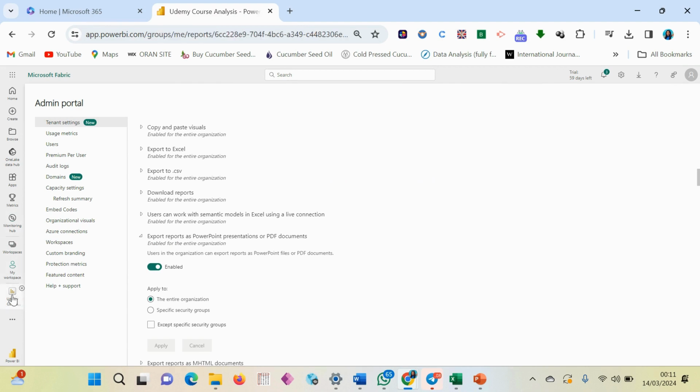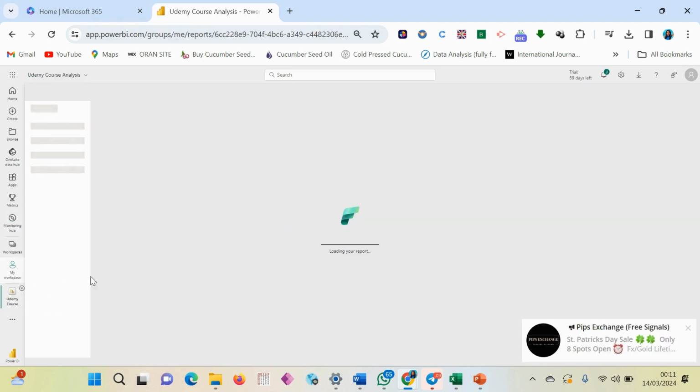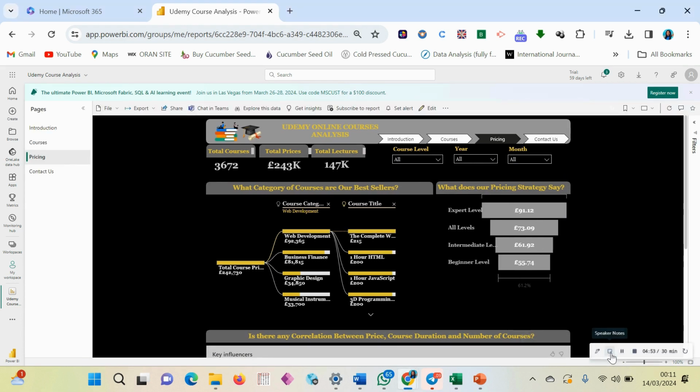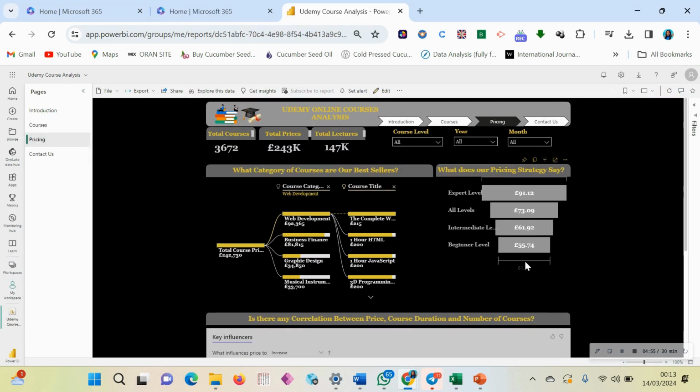So I'll go back to my report by clicking here. Okay, so let's start with the first method, or first format, of sharing your report, which I think is the simplest one, which is just sharing the URL. So to share the URL of this report to ensure that everyone that has the URL can interact with the report